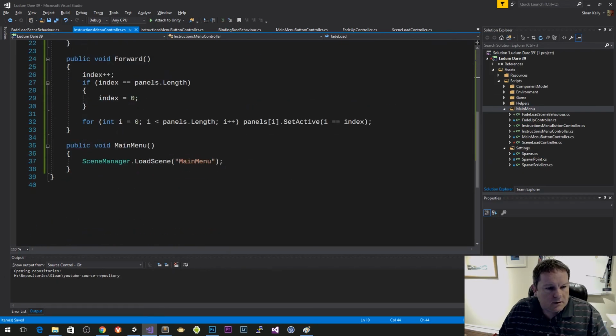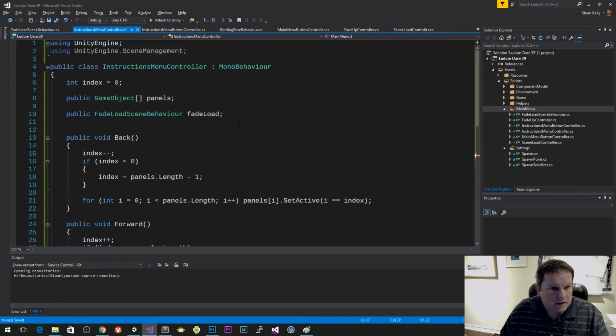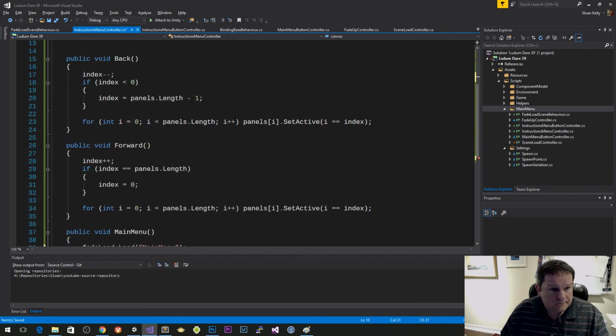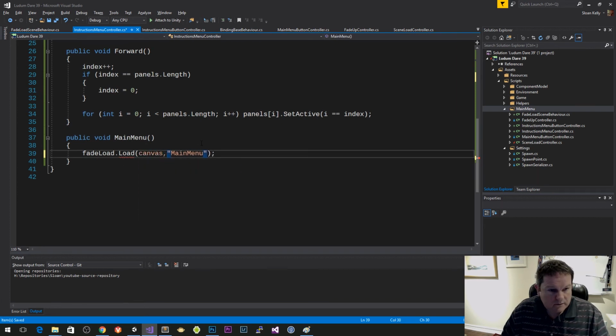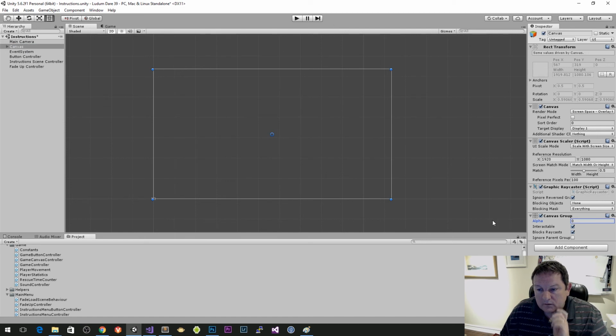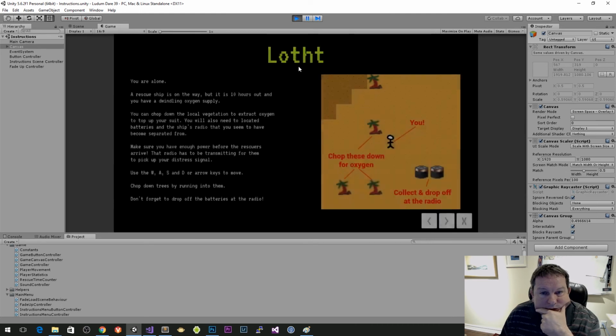And this is going to be fade load dot load, and then I need the canvas in here as well, so public canvas group canvas, and then pass that in there, and then I'm going to pass this into here and change the alpha on this to 0. So when we load in, we get a fade up,